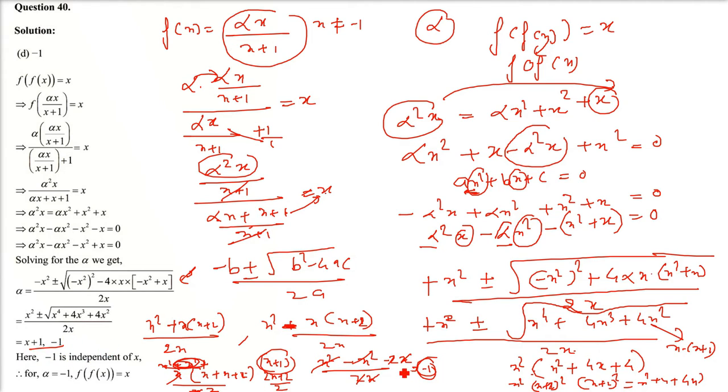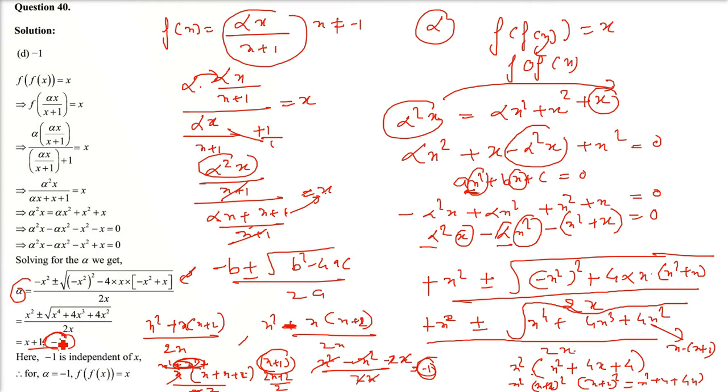See, what value of alpha is there for which you have f of f x as x. So if you take this alpha as x plus 1, it is already in terms of x, that is, you have not ignored or avoided x. x is already there, so you cannot say anything about this. But alpha equals minus 1 is the value, because minus 1 is independent of x. x plus 1 is dependent on x. So you cannot take x plus 1, you have to take negative 1. Okay, so alpha will be equal to minus 1.